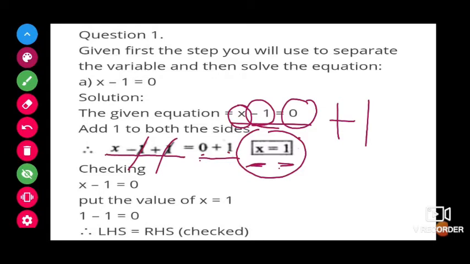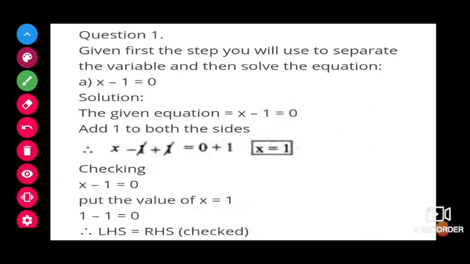Okay. Now here if you will see checking, the value x, the equation is x minus 1 equal to 0. Now we got x equals to 1. Place 1 in the place of x. Now if I will place 1, 1 minus 1 is equals to 0. Are both the same? Yes, LHS is equals to RHS. So the equation got verified. Next one,